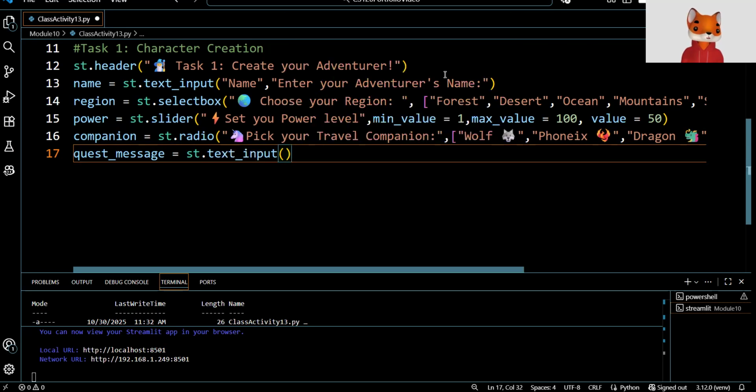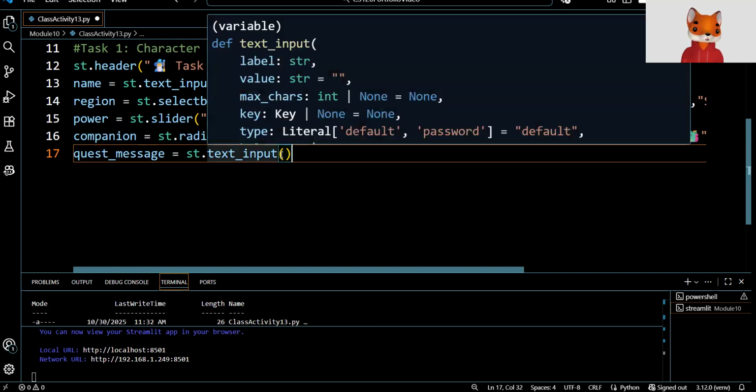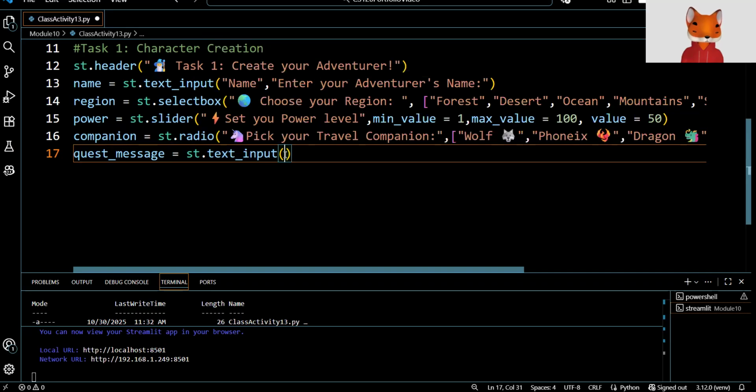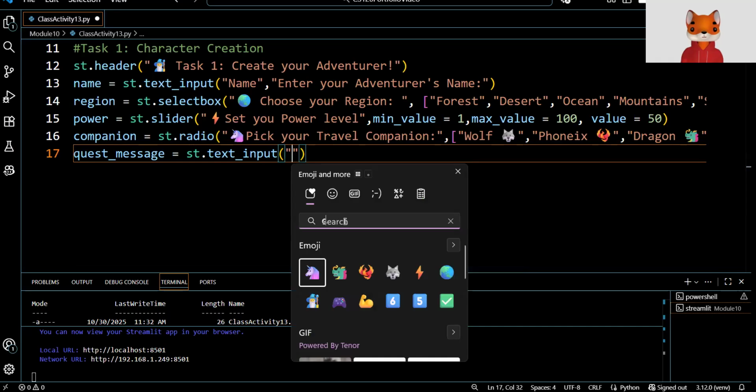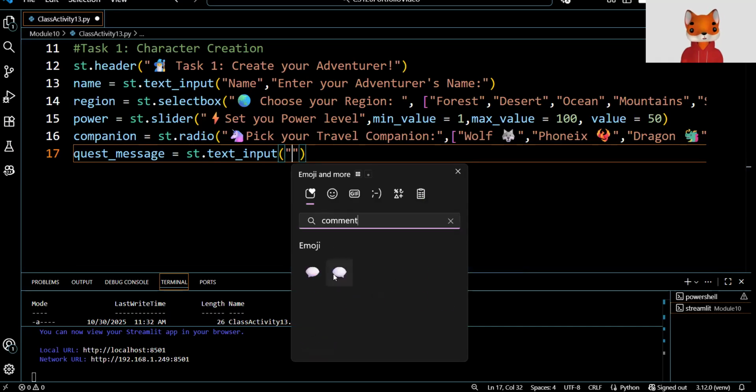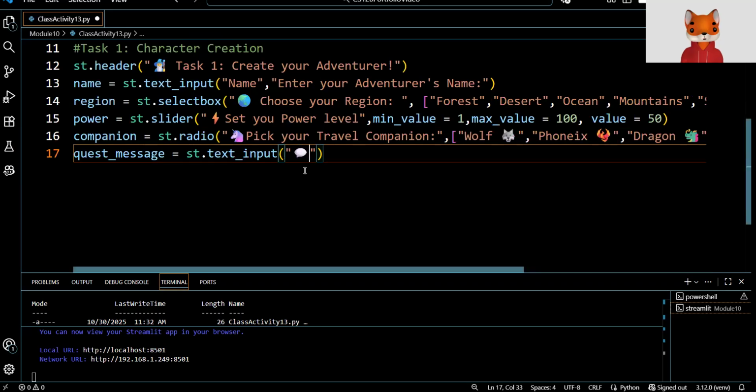The same thing that I used up here where we asked the user for information, but this time I'm going to have a little comment bubble. And I'm going to say, create your quest